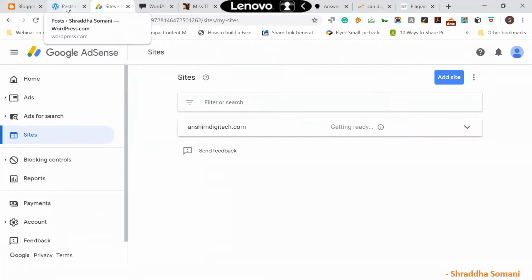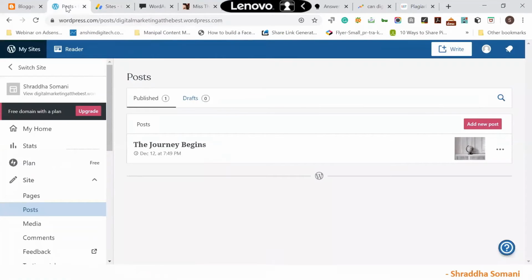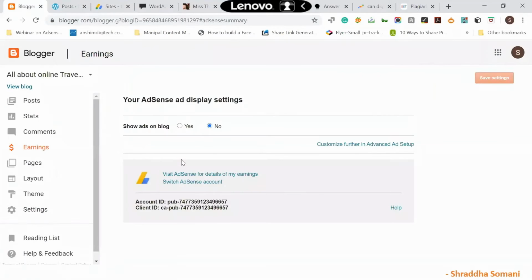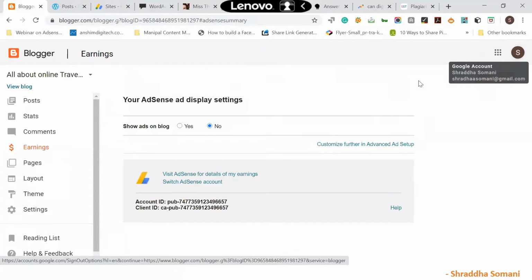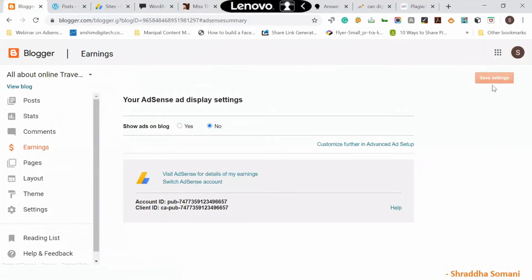The important thing you need to take into consideration is that you need to have the same Google account. If I have logged in to blogger.com with the Shraddha Somani account, the Google AdSense account should also be of Shraddha Somani. Then only it will connect with your AdSense account, right?